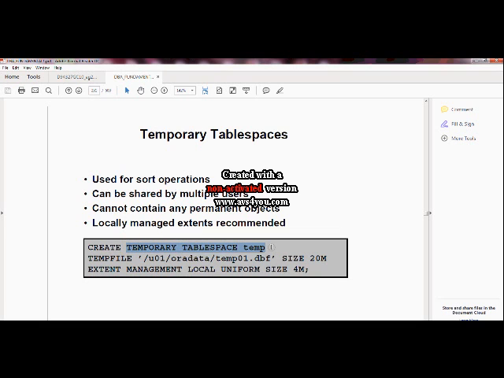Create temporary table space temp, and instead of data file you have to use temp file, and the temp file location, size, and extent management if you want to give it, otherwise it will take local by default. So these are the three types of table space creation which you would have to perform in day-to-day life as a DBA.